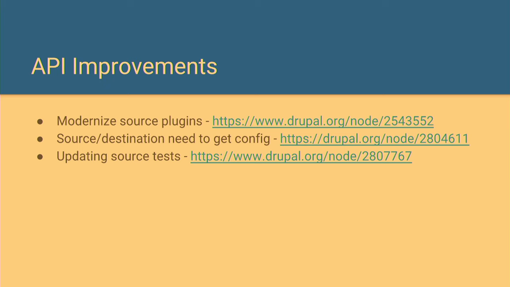So what this is pitching that we do is we take source plugins and make them just a really simple query again. They just pull the data out from wherever it's coming from. Either they'd read the CSV file or they'd just query the database. And then we would have a new plugin type, and we've come up with all kinds of names like filter plugins, but essentially any logic like high watermarks, where you look at when the last time the import was and figure out what needs to be imported and what not, would all be abstracted out rather than just magically coming down from the inheritance chain.